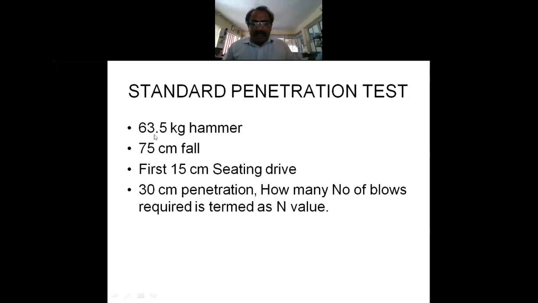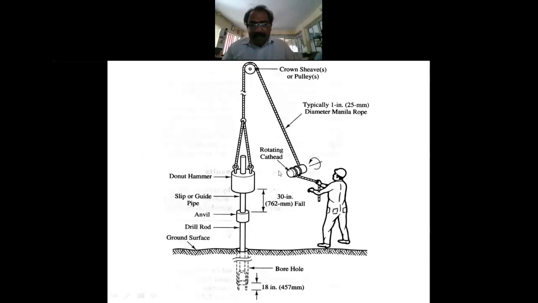The basic is that a 63.5 kg, almost 65 kg hammer drops from a 75 centimeter fall. 15 centimeter is the seating drive. The next slide may show you what the standard penetration test is. There is a 63.5 kg hammer, 750 mm, 760 mm drop. There is a pulley arrangement by rope or chain. They pull and then drop it by gravity and it hits the anvil, the supporting system. Then there is a drilling rod that goes inside the soil mass. The first 15 centimeter they leave. Then for the next 30 centimeter penetration